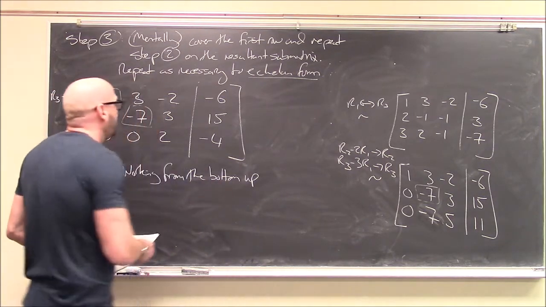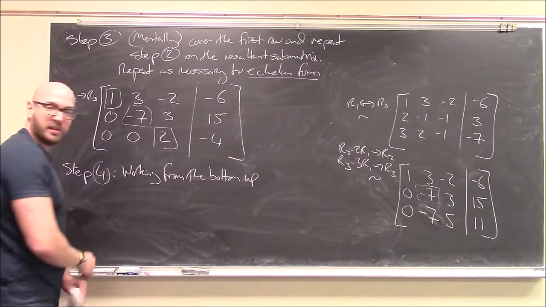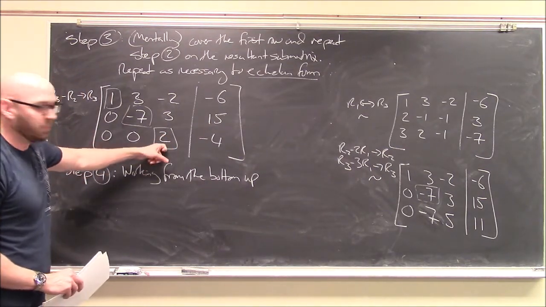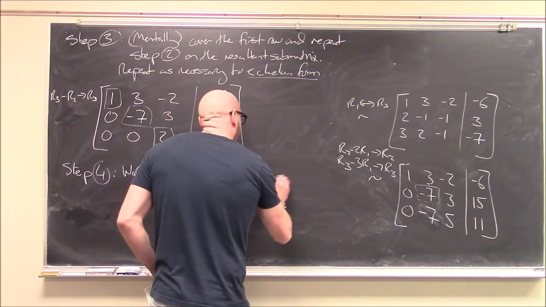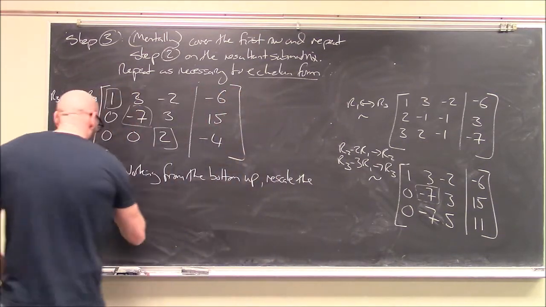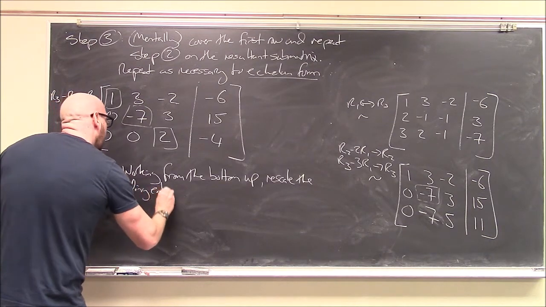Working from the bottom up, we're going to look at our leading entries, and then we're going to rescale them. All right, so I'm going to start working with this one, and I'm going to rescale it to a 1. So working from the bottom up, rescale the leading entries to 1s,